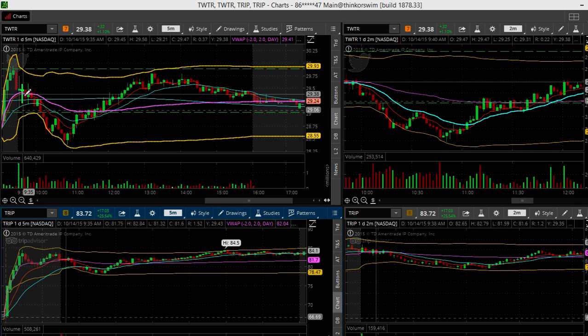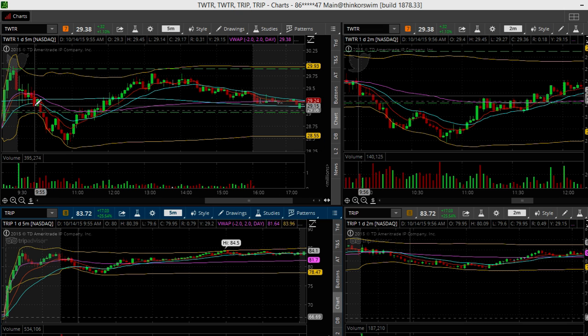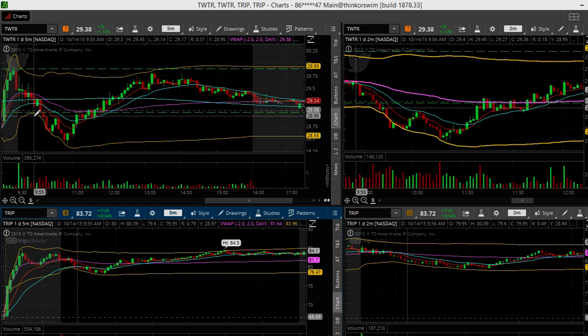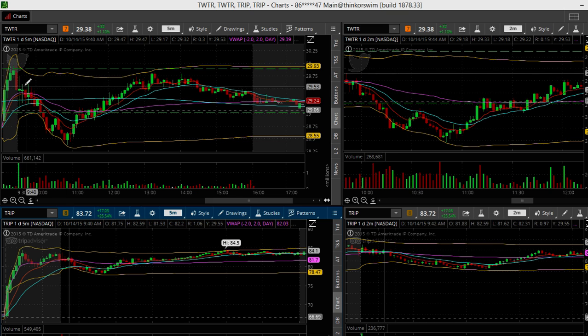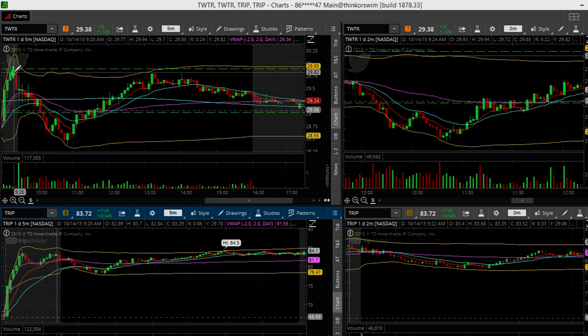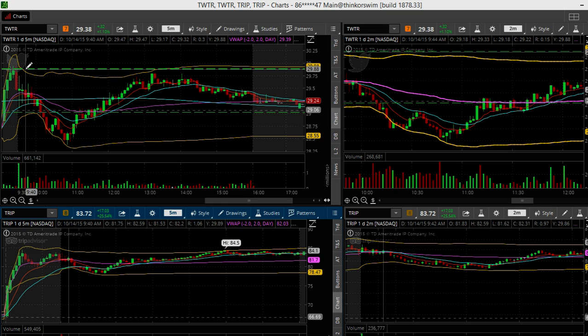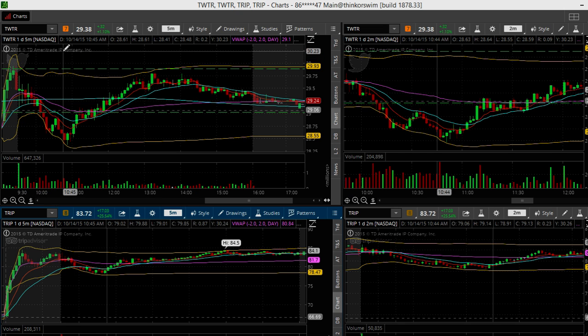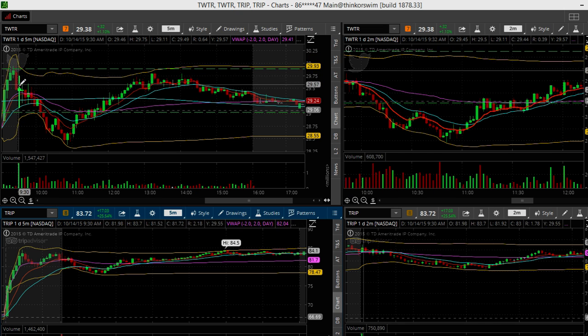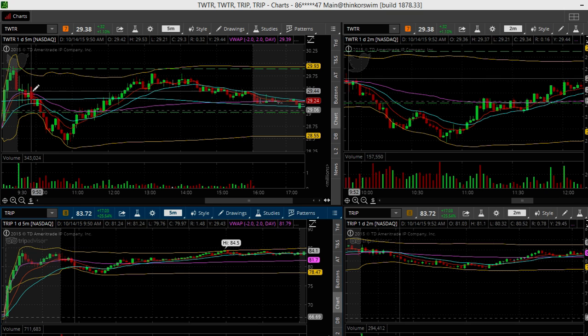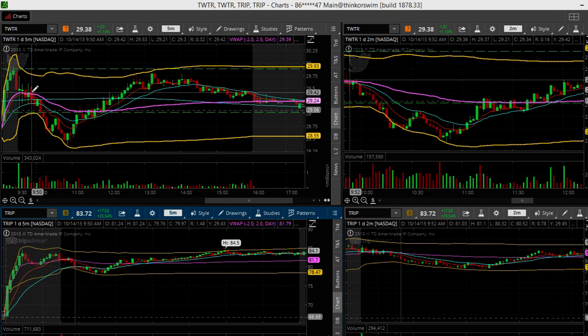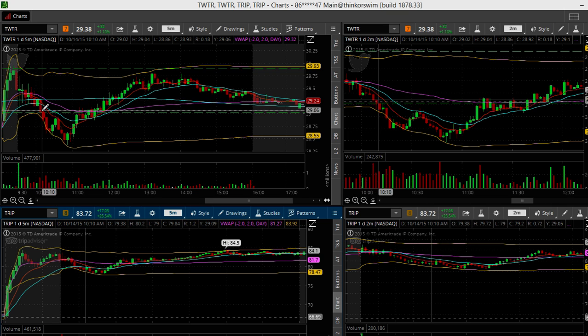The next trade, the last 2 weeks I've been dealing with this Twitter, and today I guess it gapped up on some news this morning, and here I was looking for it again to go long. I was looking for it to hold this level here, break through this resistance, have it hold the support, and probably take it long. That's what I was looking for, but it sold off.